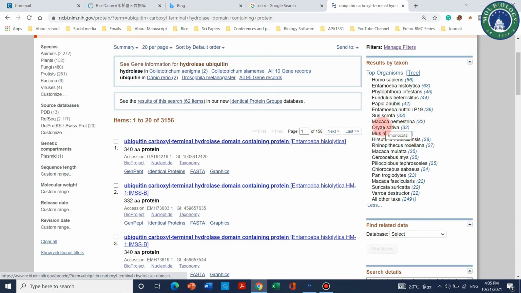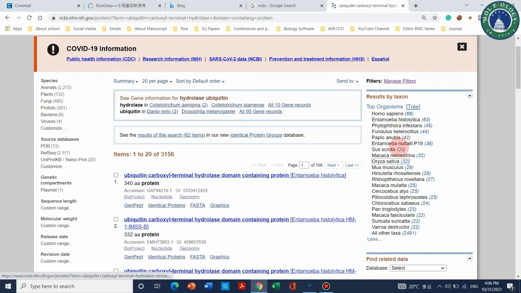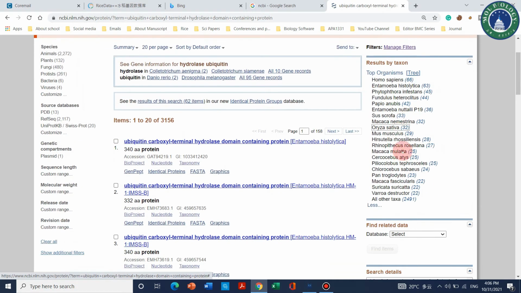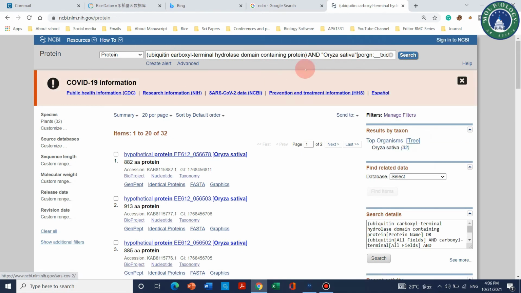Let's suppose in this example we will take only Oryza sativa, the rice, because there are 32 ubiquitin carboxyl terminal domains in Oryza sativa. So let's click on Oryza sativa. When we click, we see that the query automatically changes, and we are now finding this in Oryza sativa.